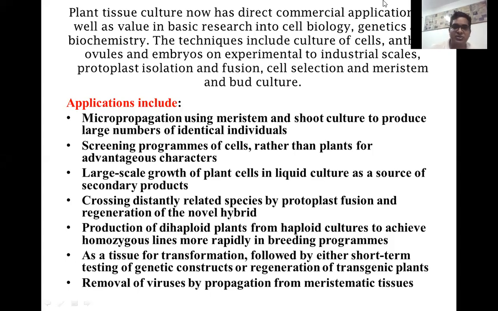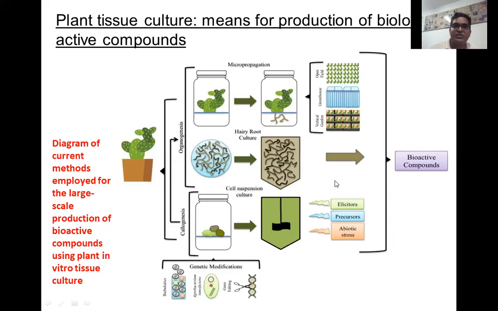Okay, so here is the idea of how plant tissue culture technology can be used for bioactive compounds. Here if you go to the upper side, you will find micropropagation. Okay, micropropagation is okay, but you can generate hairy root culture by which you can generate novel molecules, and you can also, through callus generation or callogenesis, run cell suspension culture and fermenters, and you can produce elicitors, precursors, abiotic stress molecules, and last but not least, genetic modification.